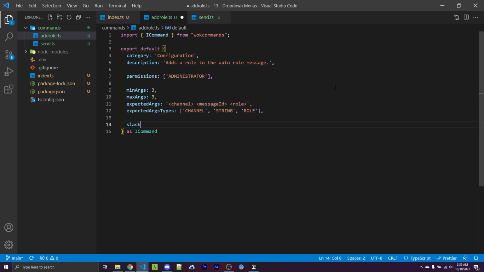So moving forward, we can say slash will be both, testOnly will be true, and guildOnly will also be true. Now we can add in our callback function, which, as I previously mentioned, will be invoked whenever the user actually runs this command. So I can say callback as a function here. We can destructure some properties here, such as the message, the interaction, the arguments,